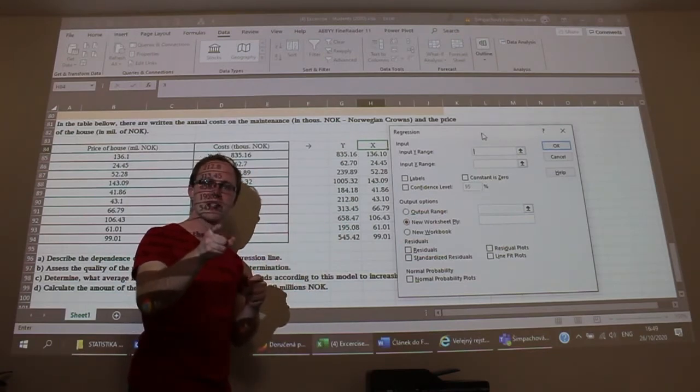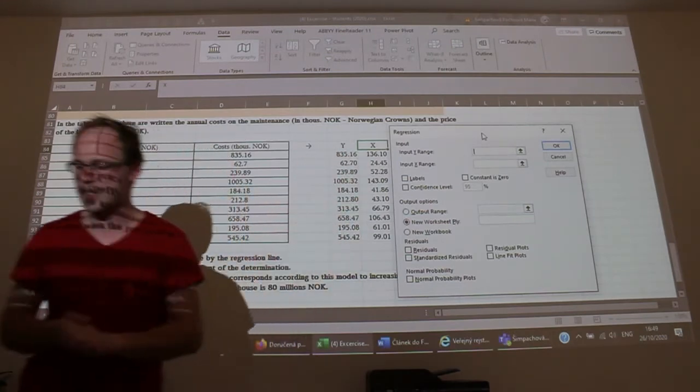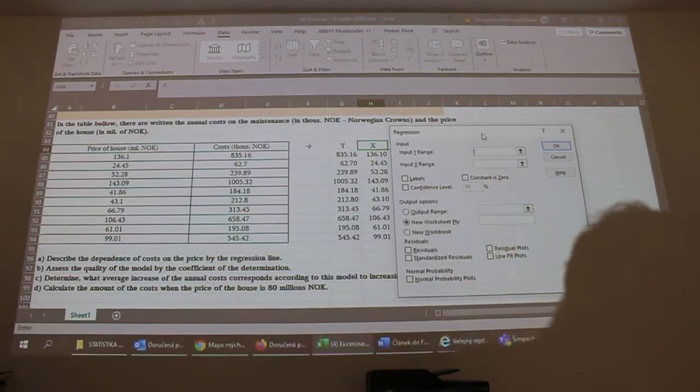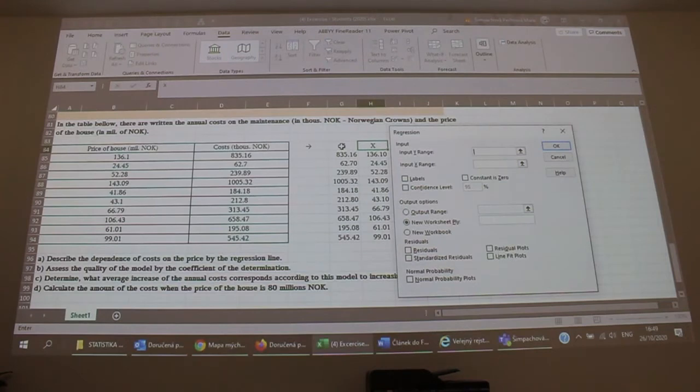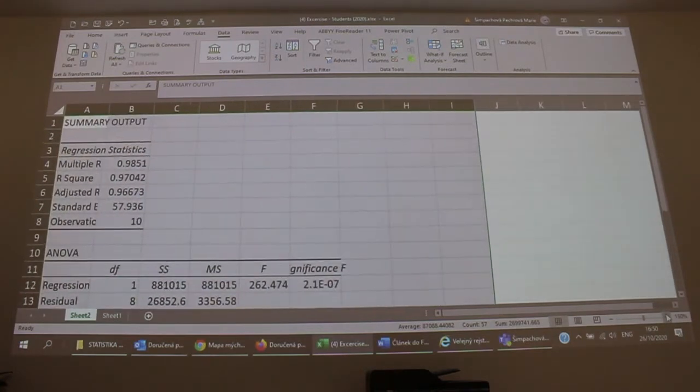So I know that this is y, this is x, so I will select these columns. Please select the input y range, this column also with label. The input x range is this column also with label. I will select labels because I selected these columns with labels, and that's all. You can click on OK, and the least squares method will provide